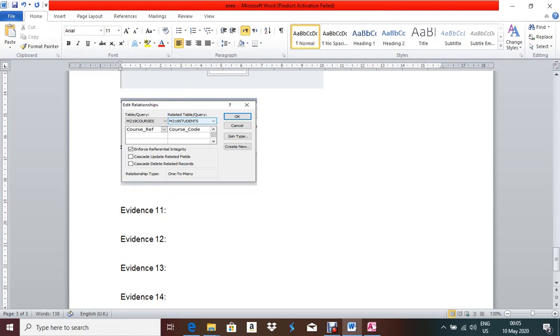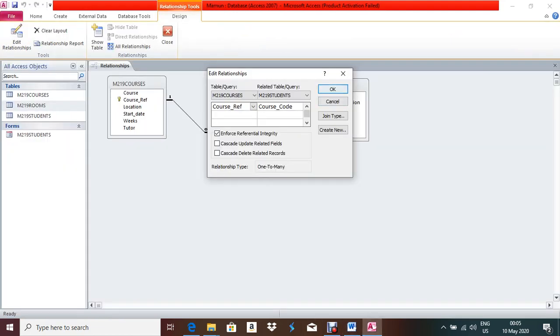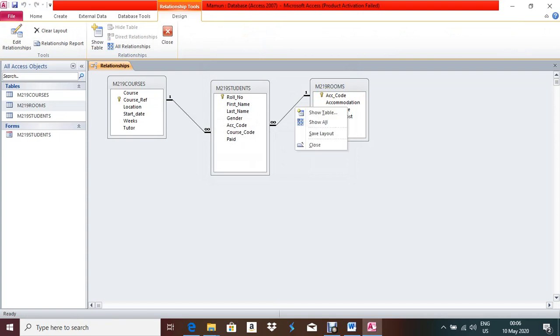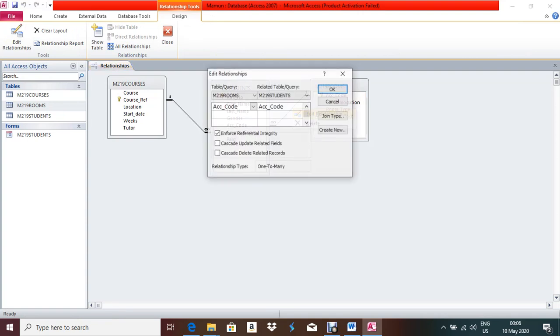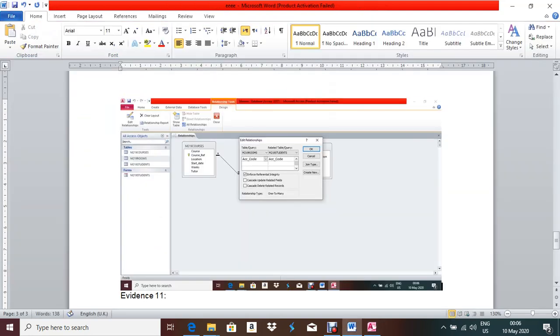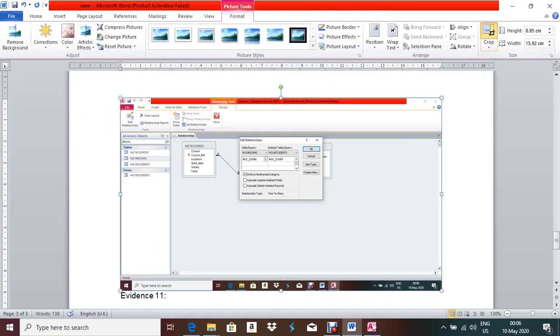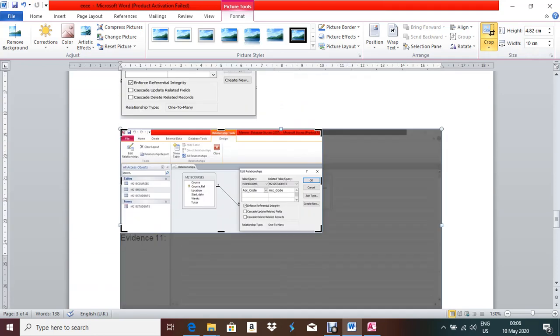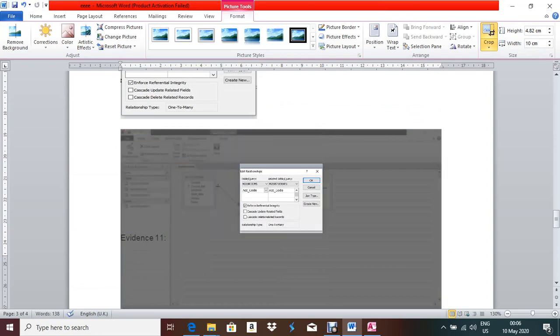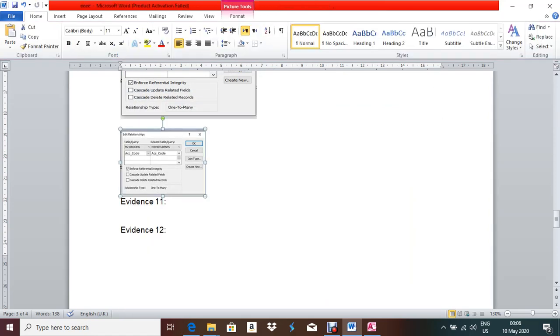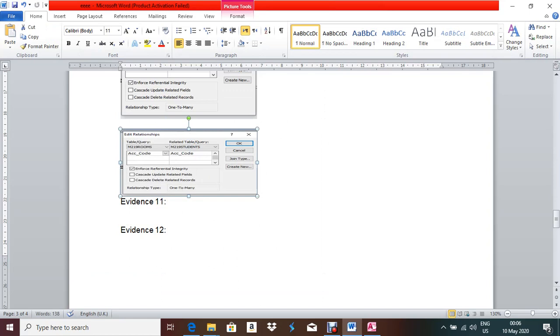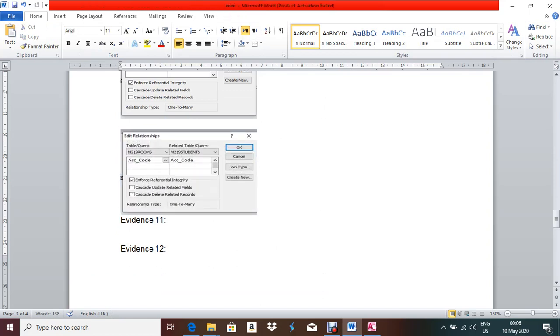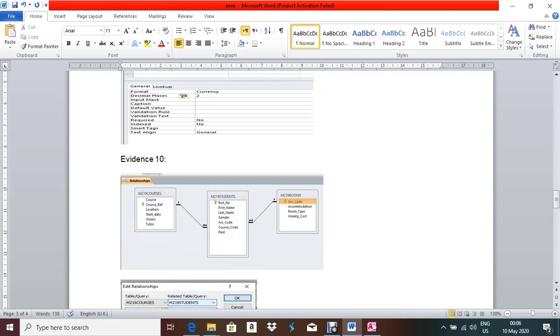Just enter, go for the third one, close this part, right click over this one, edit relationship, take the screenshot, evidence here, select the figure, format, crop it up to like this one, make it a little bit big so it should be visible. Okay, so evidence 10 is over. So 3 screenshot done.